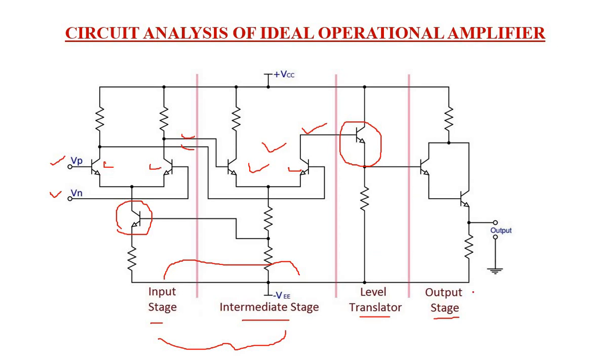The last and final stage is the output stage, where a push-pull amplifier is used. A well-designed push-pull amplifier will provide the voltage swing, positive and negative side. It gives the maximum values for the positive side of the cycle and the negative side of the cycle. So these are the limits of the output. In no case, for any input signal, does the output cross this limit. So this is all about the circuit analysis.